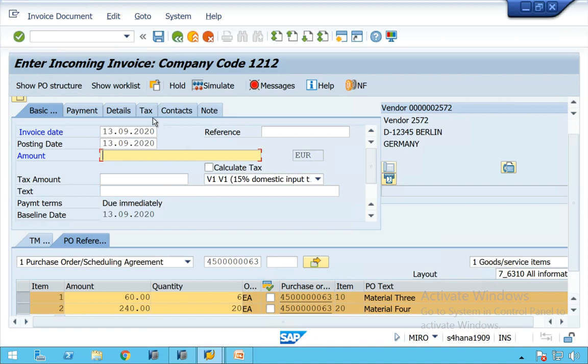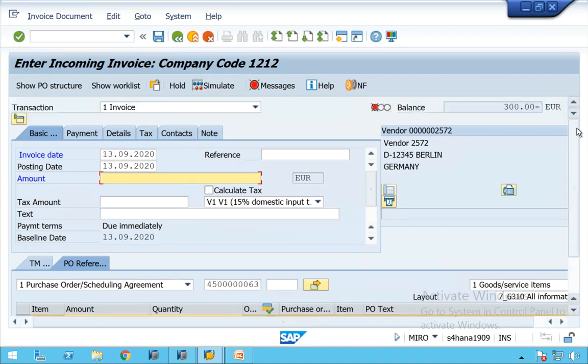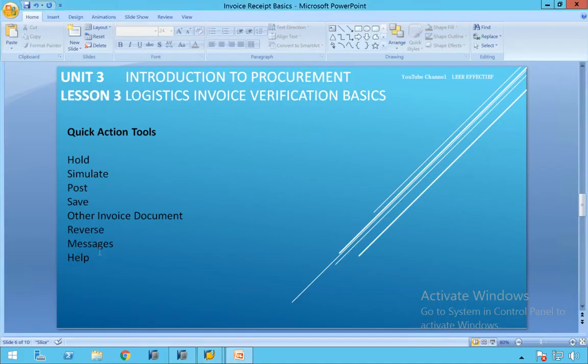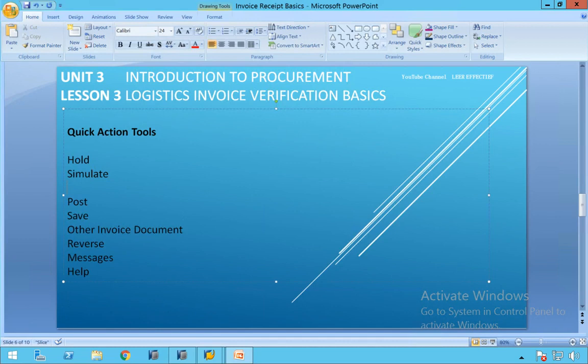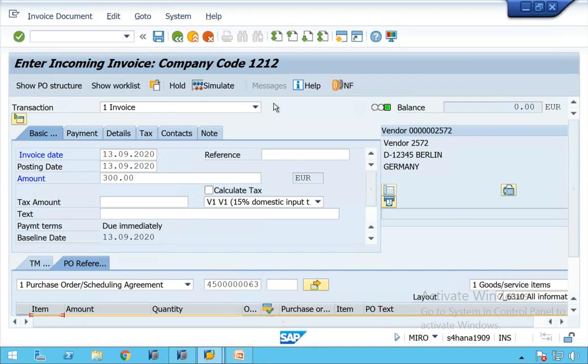Now simply what you have to do, scroll up. You simply make it a habit in the initial days. Copy this and remove the sign. Now you see balance becomes 0. Can you see balance becomes 0 and the messages went off? Okay. Now we have understood balance also. Balance also is significant. Hold, simulate, and balance should be 0. Balance should be 0. Then only you can do the simulation. Okay, you can simulate now.